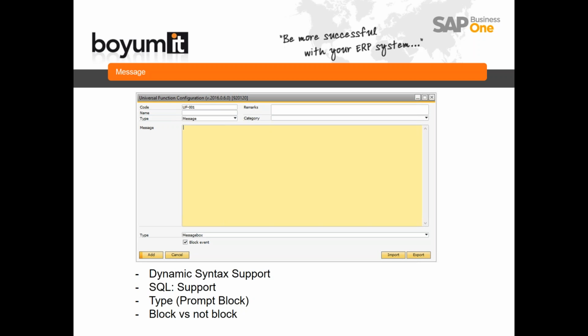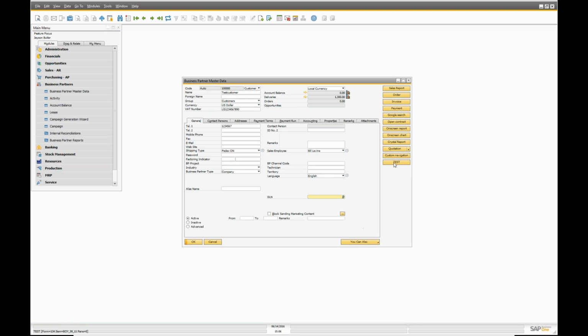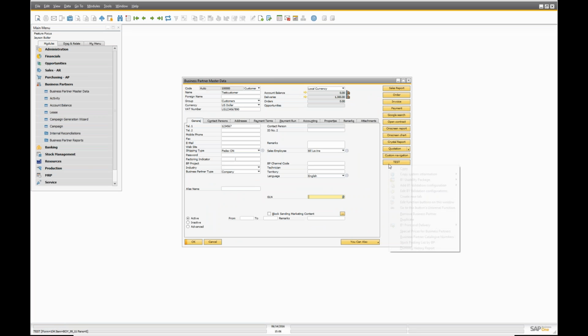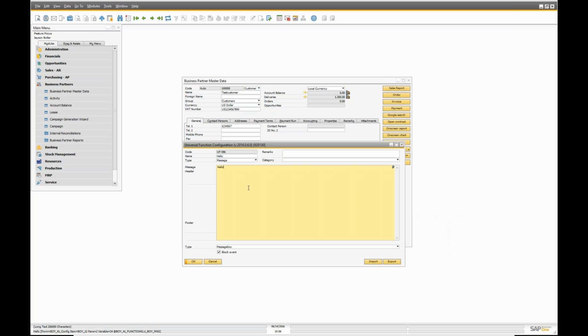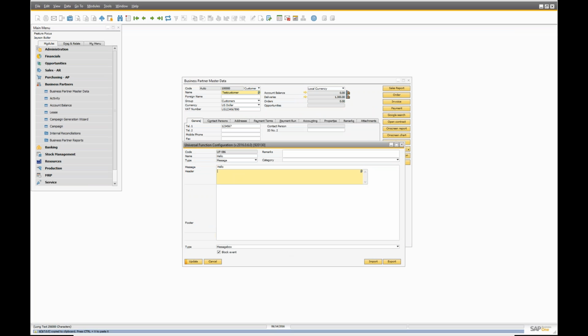Many people don't know that you can actually also use the dynamic syntax in the field, and you can also use the SQL : syntax in the field. I have a little demo on this, very simple, where on Business Partner Master Data I have a button here called test, and when I press it, it just says hello. So you can see it in here. And very simple. So again, first part is I can control how that field should show its data. So I can go in and use the dynamic syntax. So for example, if I go up here and take the dynamic syntax of the customer name,